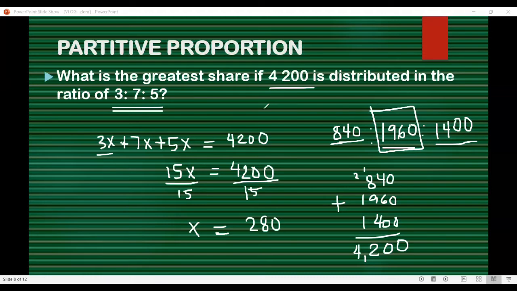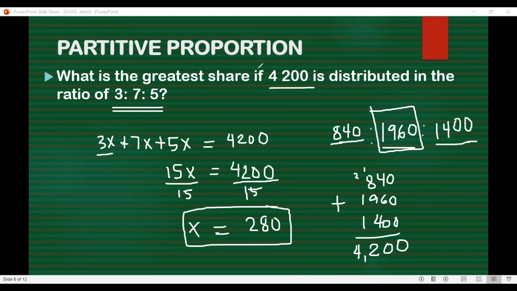Okay, so the only thing that we do, we actually have a shortcut here. We could just add 3, 7, and 5, and that is 15. Then we divide the 4,200 by 15, and that becomes now the 280, which is the common multiplier. So that is how we solve